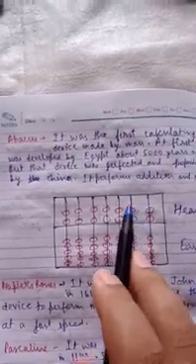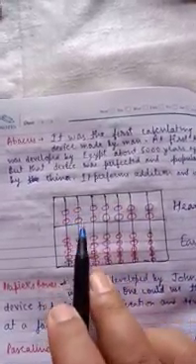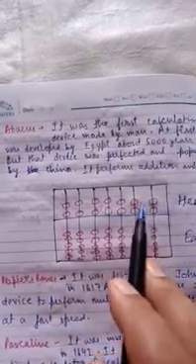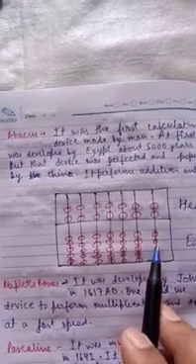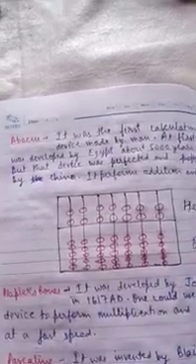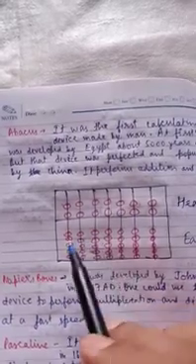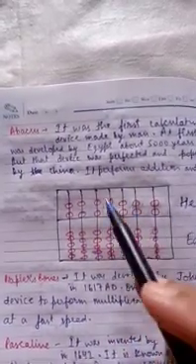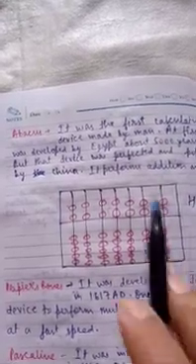These are the rods or wires, and two beads are strung into the upper section. In the heaven section there are two beads, and in the lower section there are five beads. That is the earth section. In this earth section each rod has five beads. Calculations are done by moving the beads up or down along the rods, and through this we calculate. Only additions and subtractions are mainly done by this.